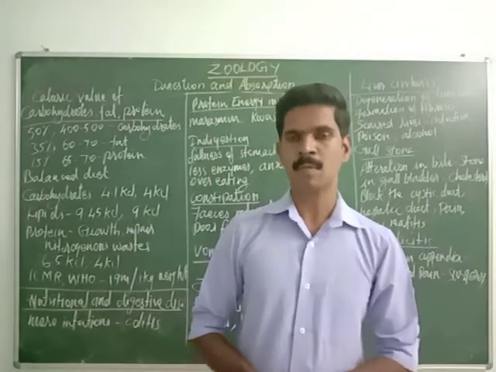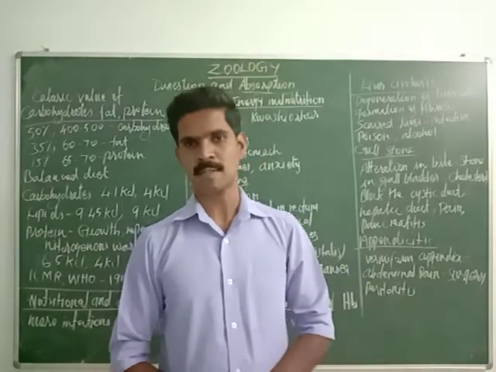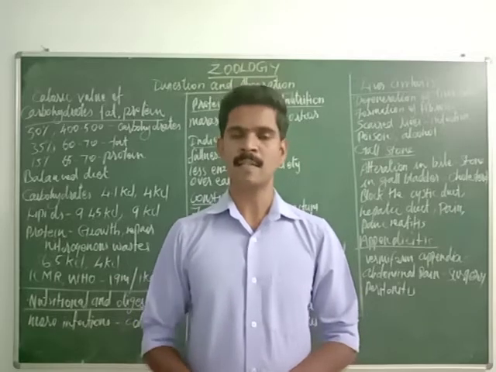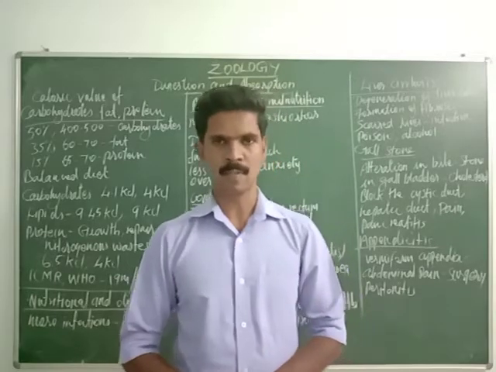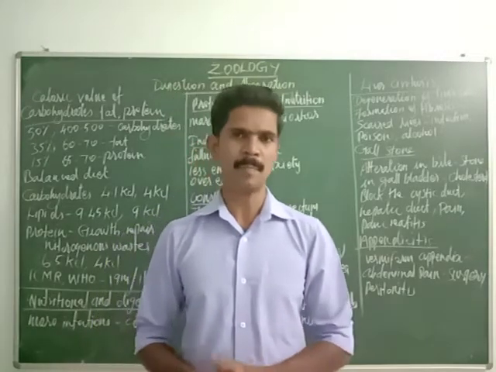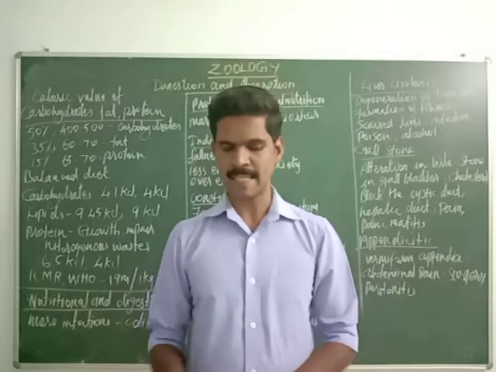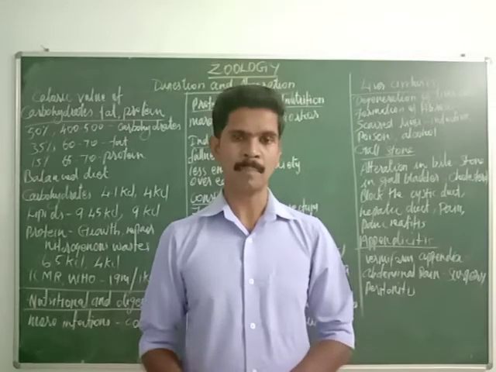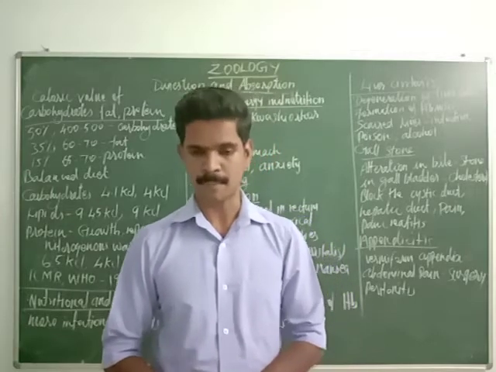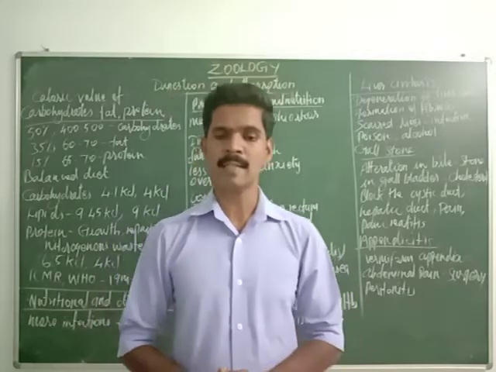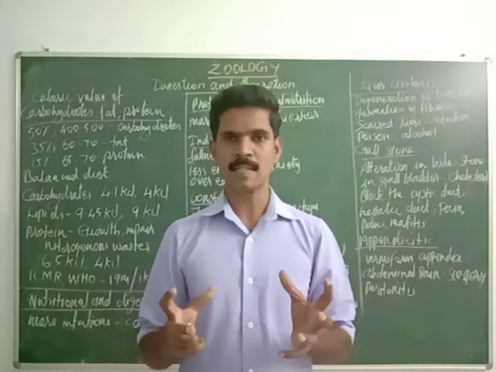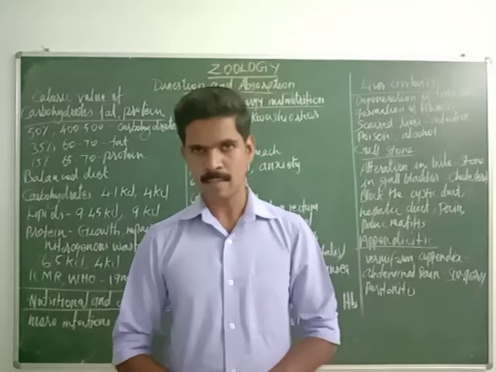Now we are going to study the symptoms of this disease. If any child is affected with marasmus or kwashiorkor, we can easily identify them. For example, the skin may be very dry, that is the first symptom. Pot belly, belly means stomach, so the stomach looks like a pot. This is the second symptom. The third symptom, edema in the legs and face. Edema means swelling, so in the legs and face region there are some swellings.